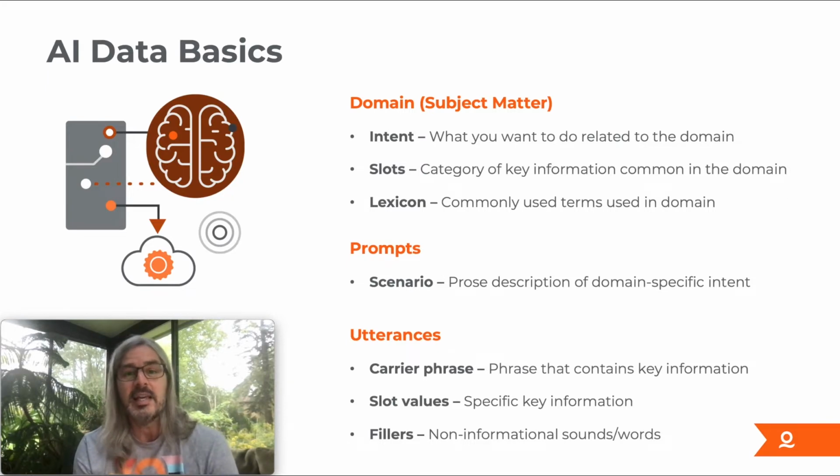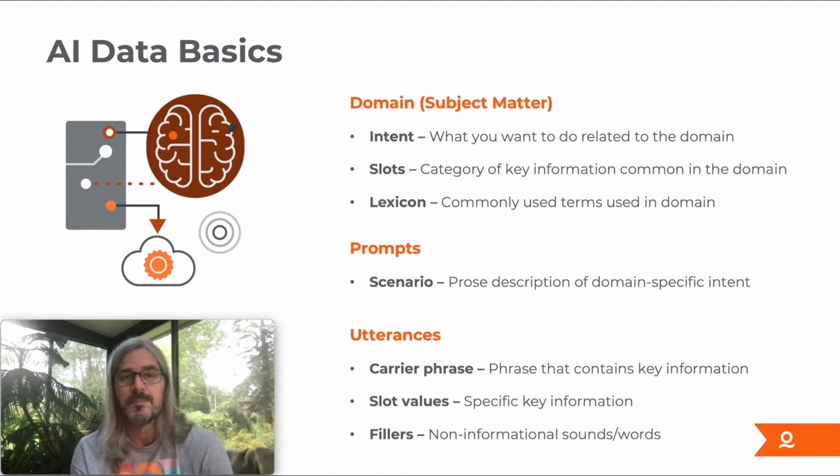Slots are key kinds of information that you might convey or that an AI algorithm might ask you for in order to complete your intent. So for example, if I want to open a bank account, a slot might be the account type. So I may need to say, do I want to open a checking account or do I want to open